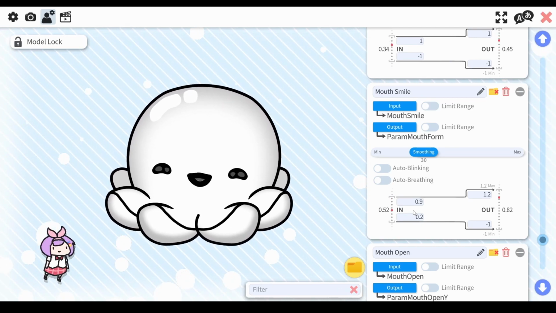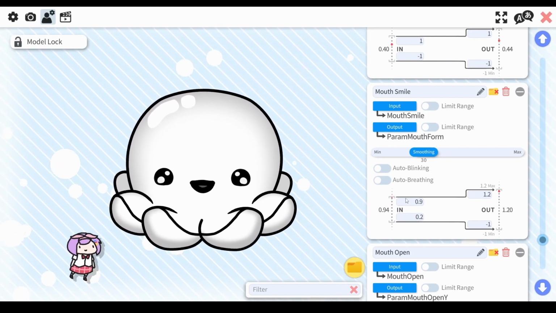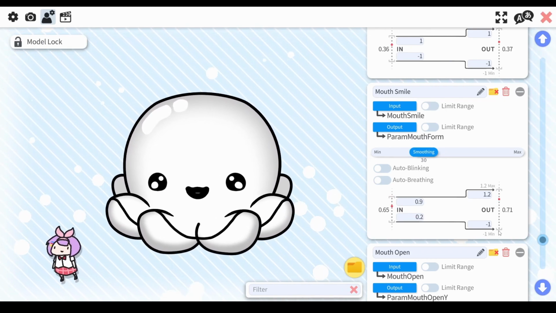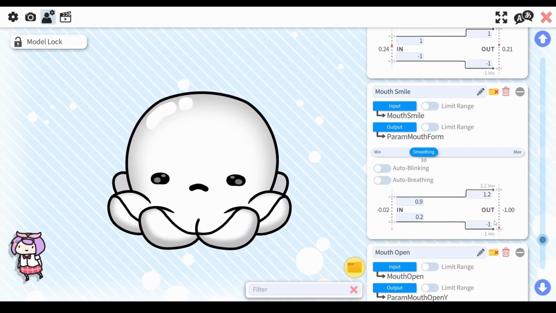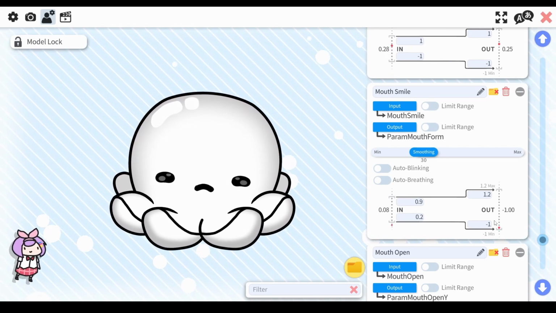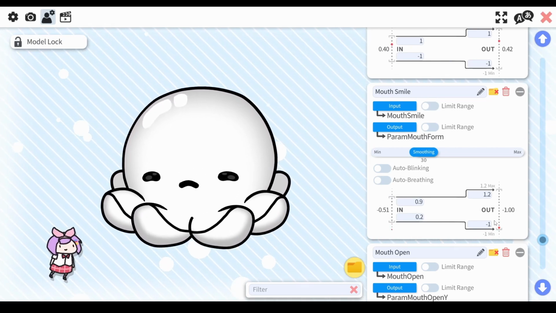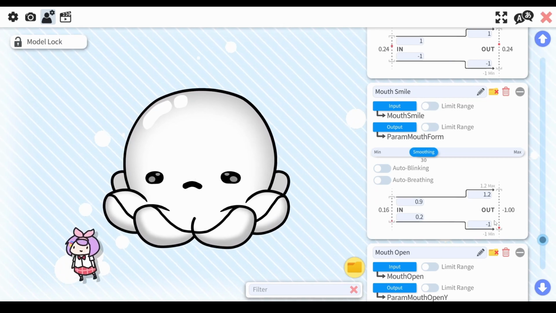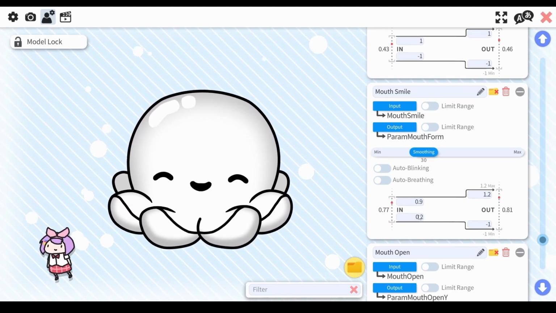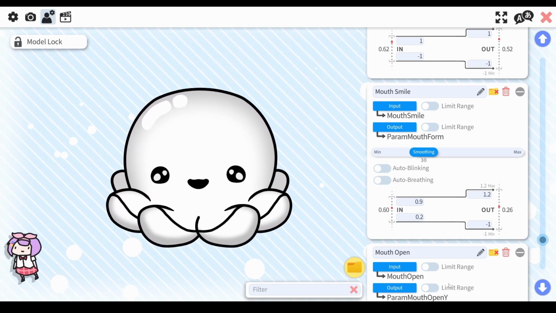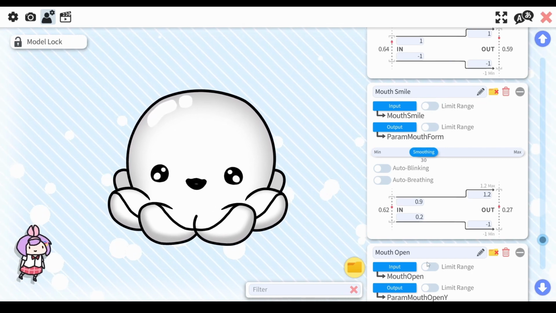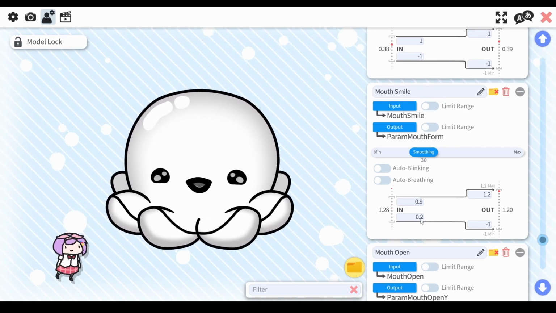Okay, that'll probably do. I already have mine at 0.9, that works well for me. But then on the other side, angry face. Angry. So for me, my angry face is around a 0.2. Personally, I don't like to go higher than a 0.2 because, again,